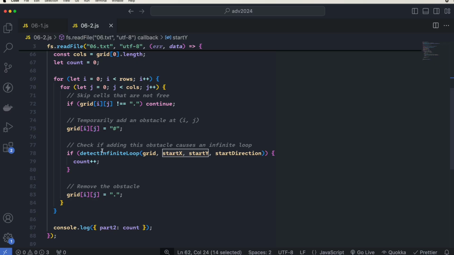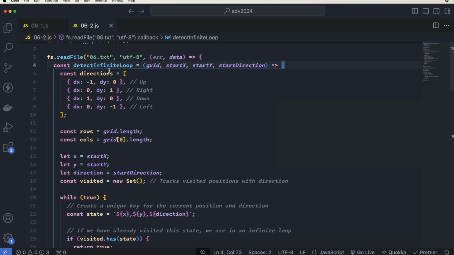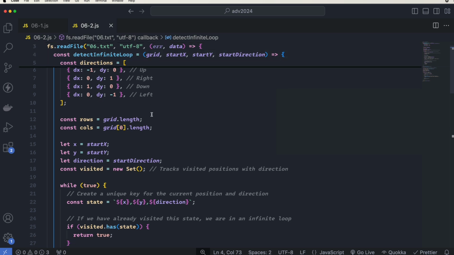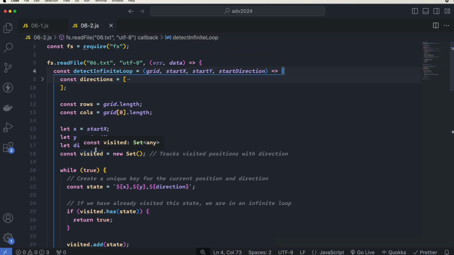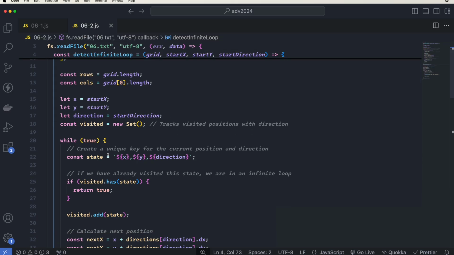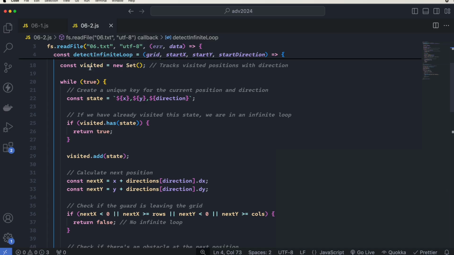Now what does this function do? So again here I have the directions defined, which is basically the same as part 1, and the rows and the columns again, and these parts are kind of the same thing as we had for part 1. Then I have a visited set,